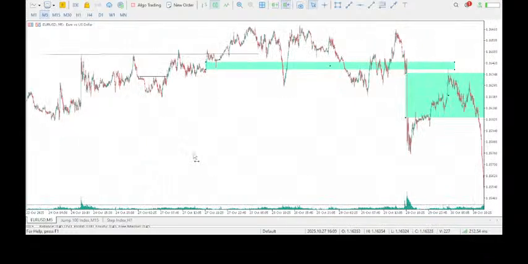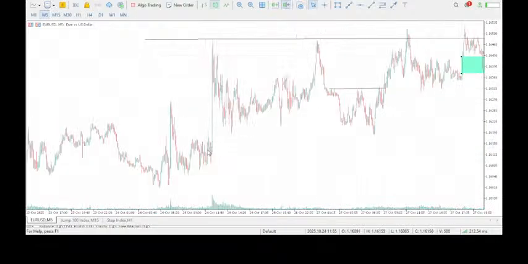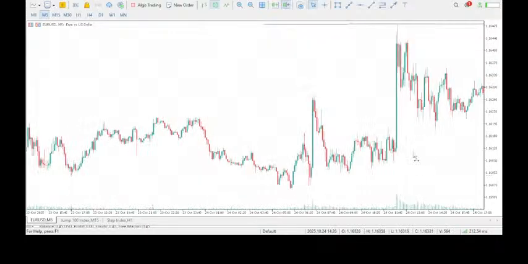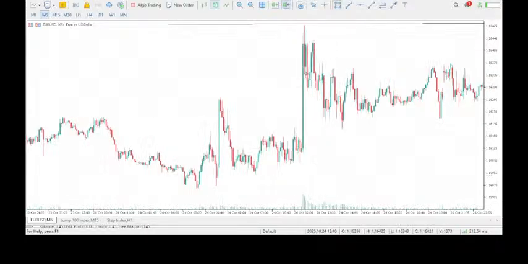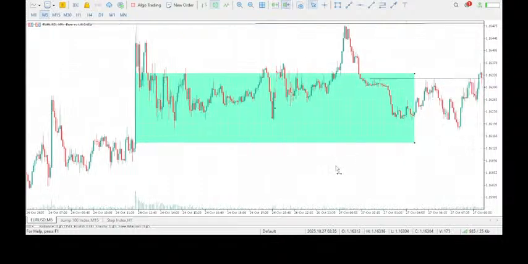So we have used this several times, but I think this one was also used several times. This big one. It's a big one. You see it being respected,